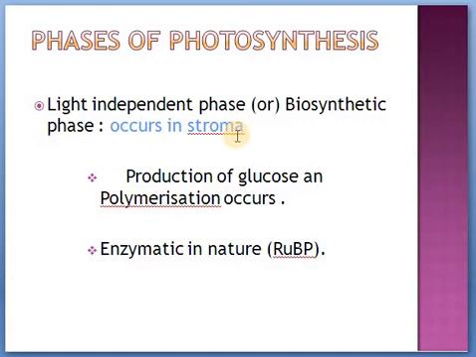Once in the NEET exam they asked a question: write the location of the enzymes of glucose production. It's not the exact wording, they asked it at a higher secondary level. That is the question. The answer is stroma, right? So you should know stroma is the one which carries the enzymes, and stroma is the location where the dark phase occurs. So what is happening in this phase? Only one thing you are going to learn, production of glucose.